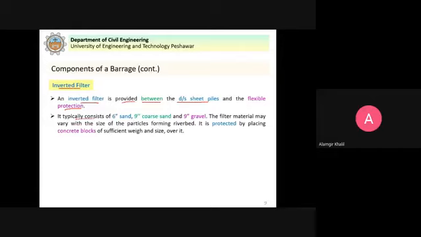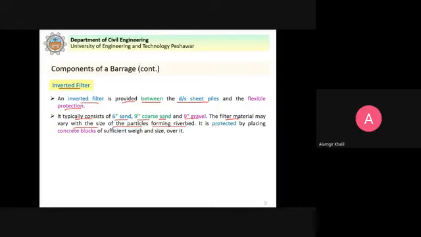It typically consists of 6 inches of sand, 9 inches of coarse sand, and 9 inches of gravel. You can see that we have sand, then coarse sand, then we have gravel. The filter material may vary with the size of the particles forming the river bed.